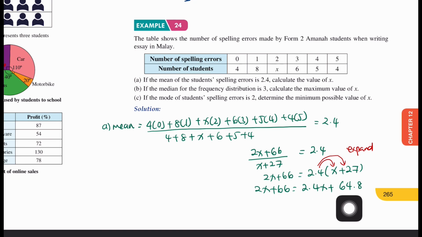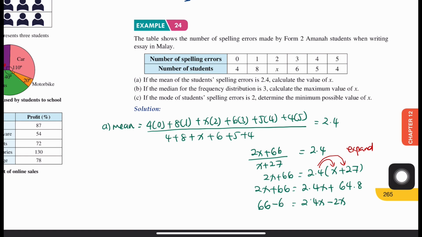Okay, next. Sekarang tengok x, which one is bigger? So this is bigger and this is smaller. So kalau boleh small, pergi ke bigger, supaya kita tak akan dapat negatif. So ini plus kan, positif pergi sebelah jadi minus. 2.4x minus 2x. Sini tadi 66 kan, 66. Sekarang yang ni pula nombor ni pindah ke sebelah, plus pindah sebelah jadi negatif. So minus 64.8. Okay, so 2.4 minus 2x you will get, saya tulis tepi ni,